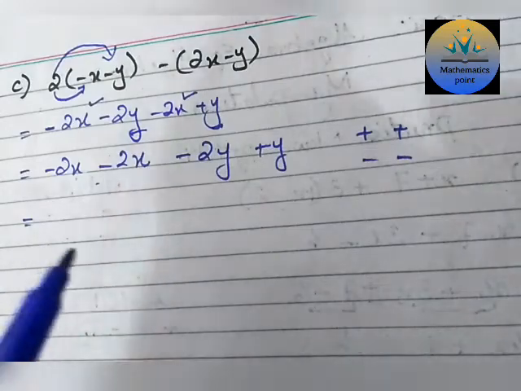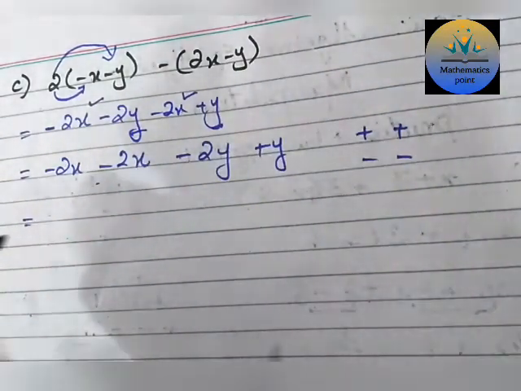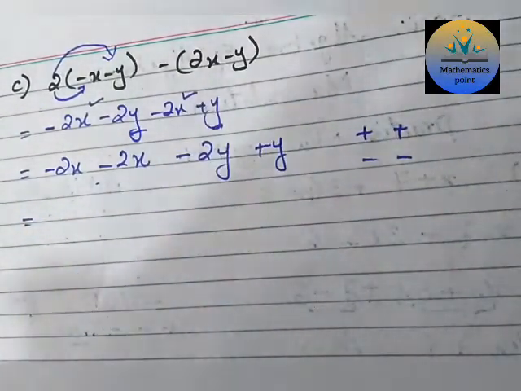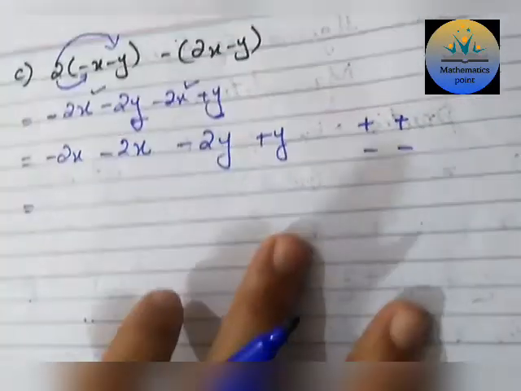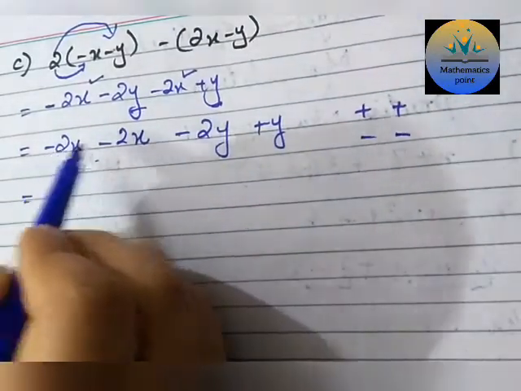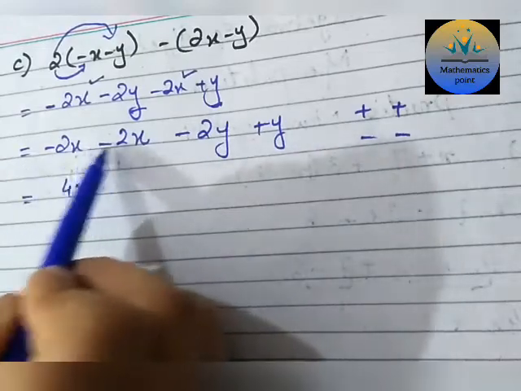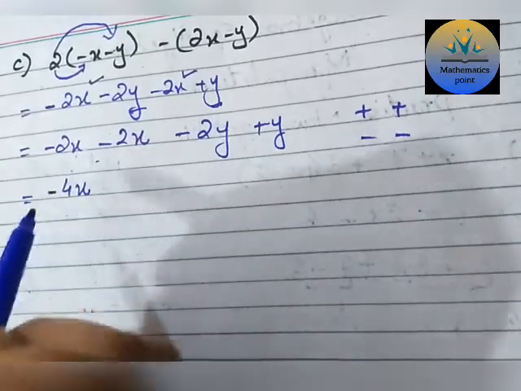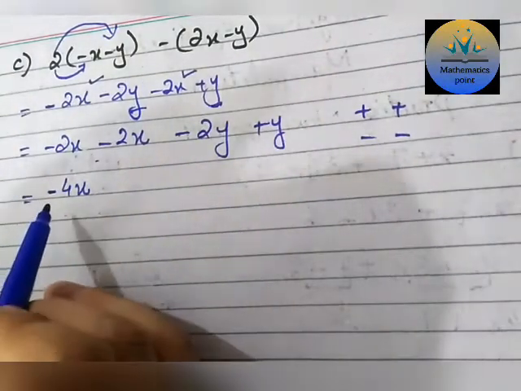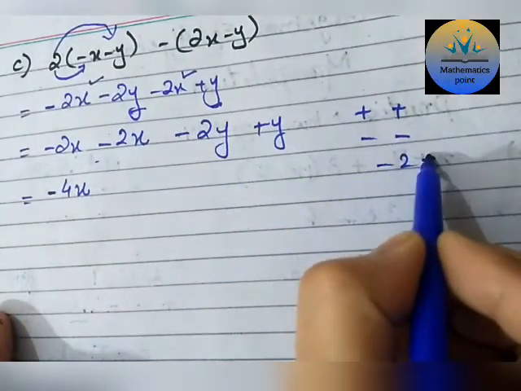Suppose you pile up something, pile 1 and pile 2, you always pile the similar things together. Apply that situation in your mind: whenever you have the same things, they will be added, whatever the things are. So 2 plus 2 is 4x, and as we are piling the same things, and both the terms have the minus sign, you must write down the minus sign with the answer term. Then minus 2 plus 1.